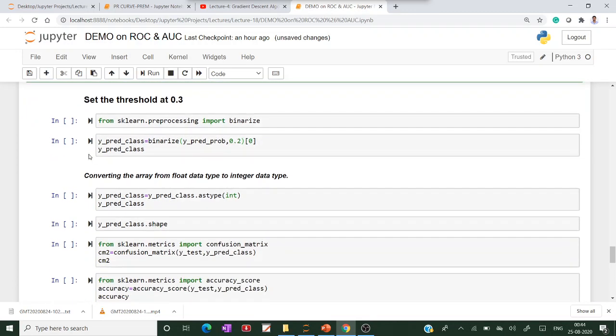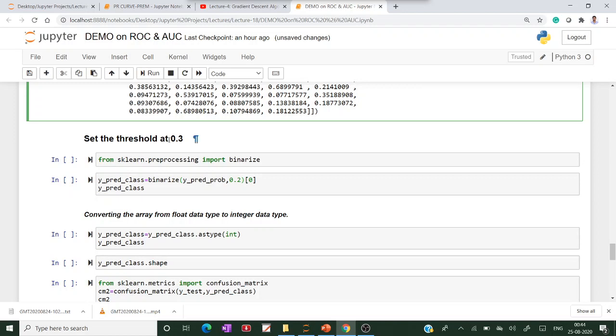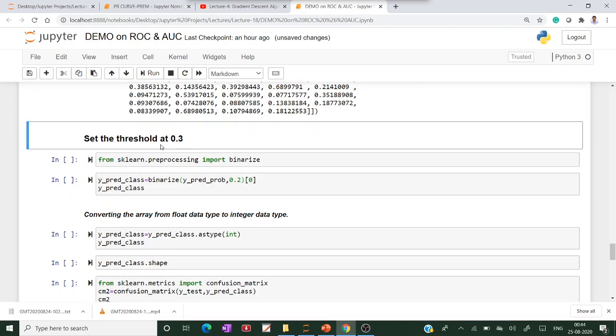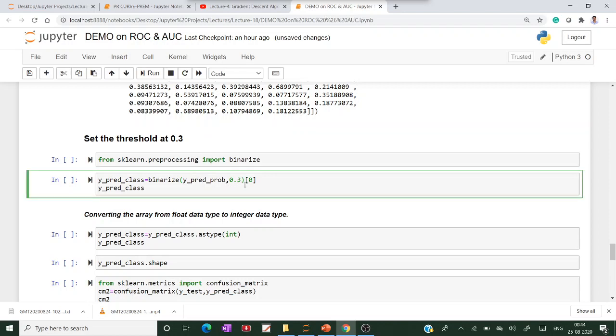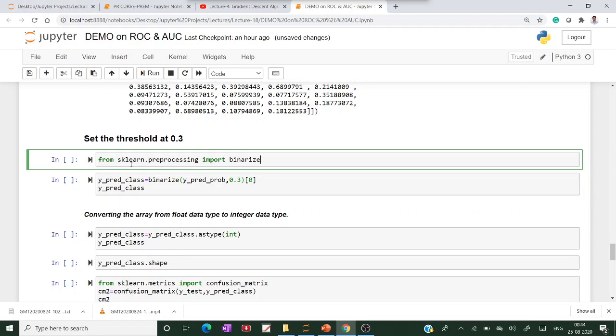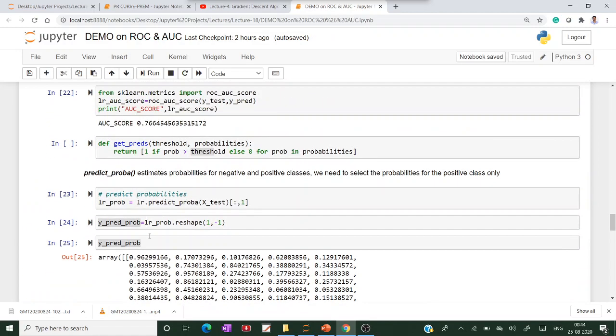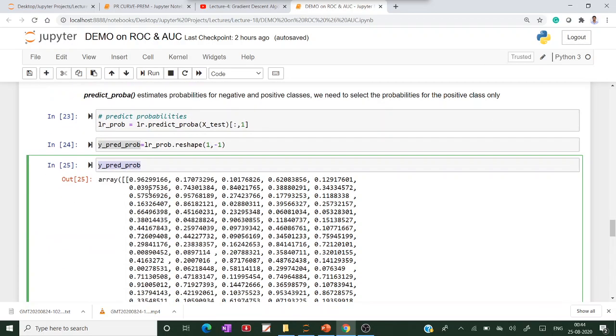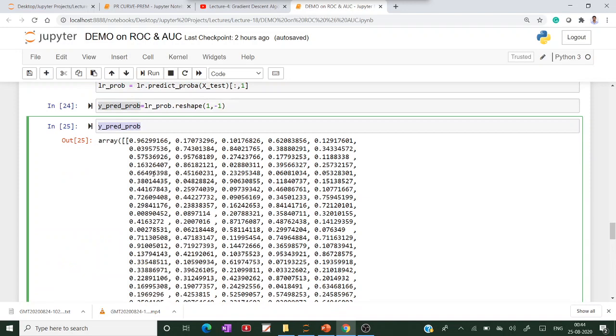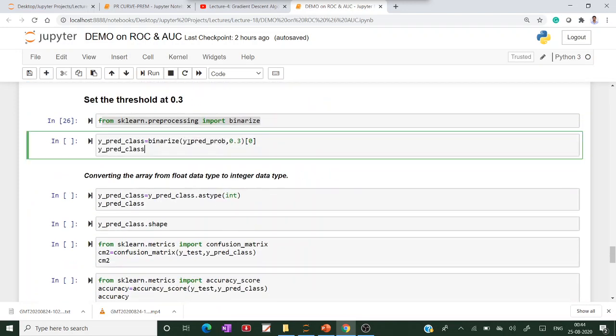Suppose I set the threshold value to 0.3. For that purpose we use this library: from sklearn preprocessing import Binarizer. Here we pass the y_pred probabilities, the values we got in cell number 25, and compare them with 0.3.